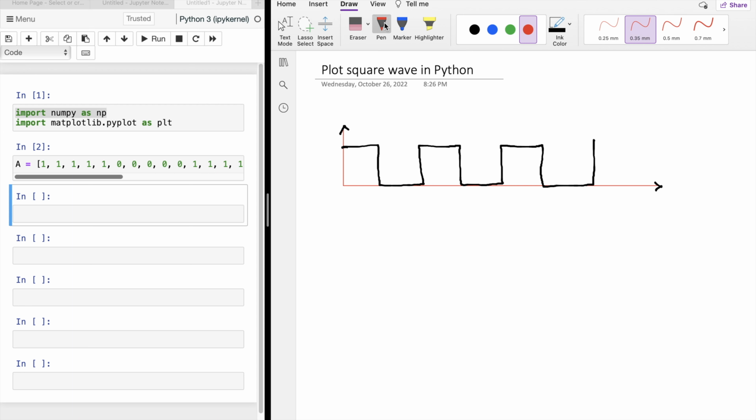Today we're going to see how we can plot a simple square wave in Python. So let's take an example here. We have a square wave. On the x-axis we have time, on the y-axis we have amplitude, and the amplitude of this square wave is 1. And let's plot some numbers here on the time axis. So here we have a square wave of duration 3 seconds, and the period of this square wave is 1